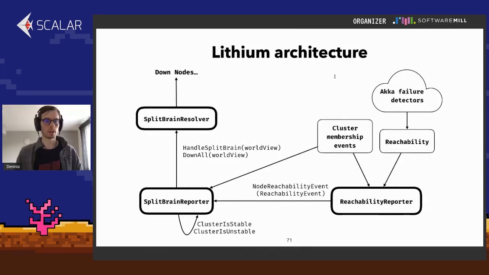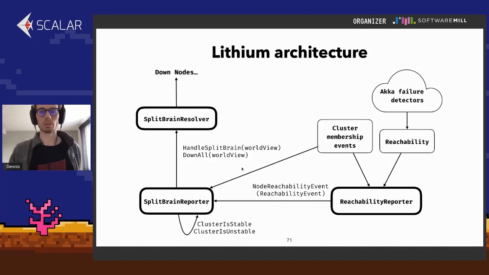So finally, quickly, the architecture of Lithium, because now we understand the little things it has to do. There's the split brain resolver, the actor doing the real work, so downing the nodes. This one will listen to events from a split brain reporter that reports on split brains happening. This one holds the different timers, waiting until the cluster is stable. When this detects that the cluster is unstable, or at least the partition is unstable,